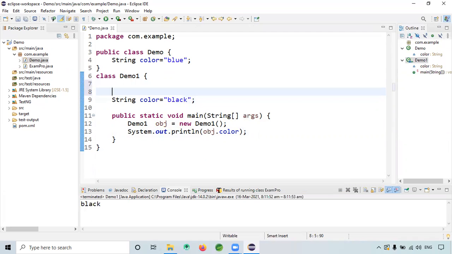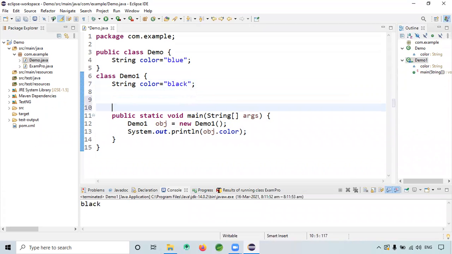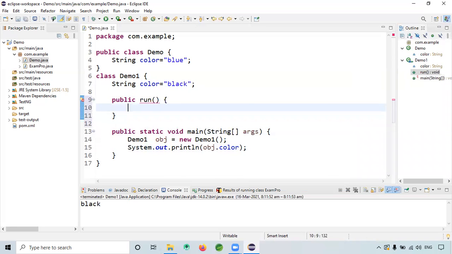I will create one method here. Actually, I could see that only the black will get printed. Now let's say I have one method here. It will print black only, obviously.